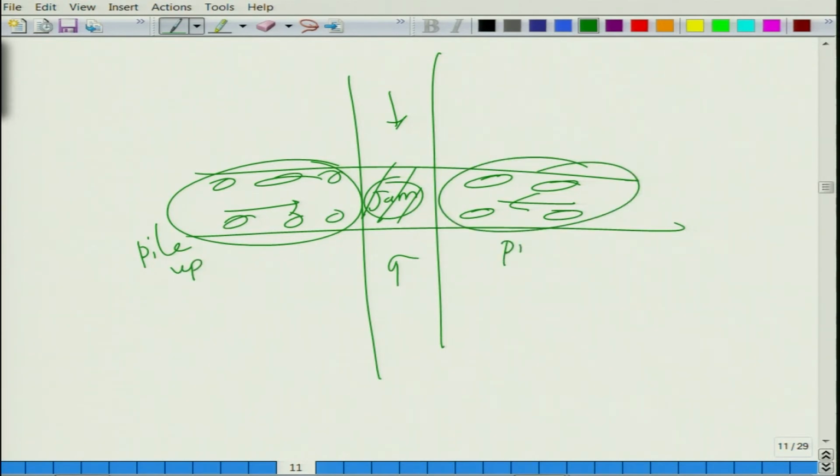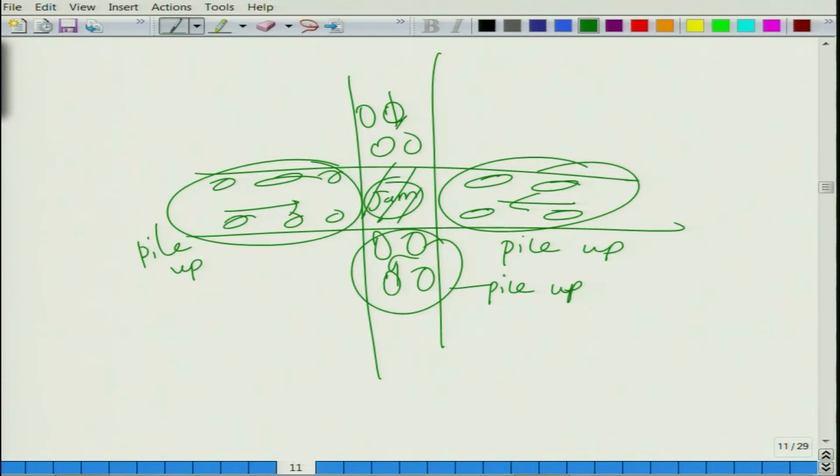So, this is pile up, this is where you will have pile up, and this is where also we will have pile up. So, basically this is what is a sessile dislocation,